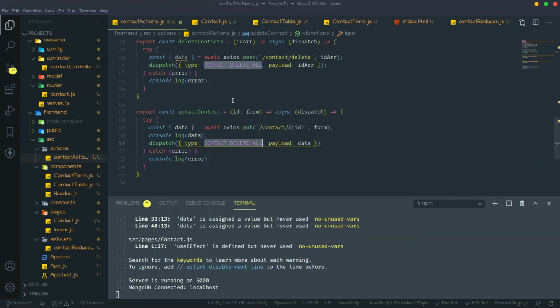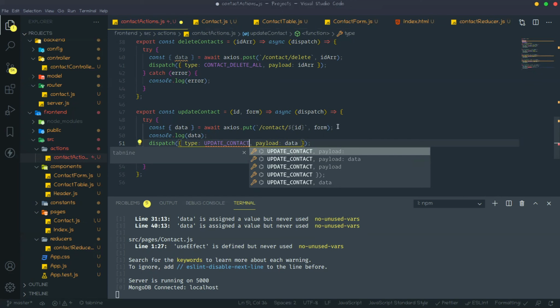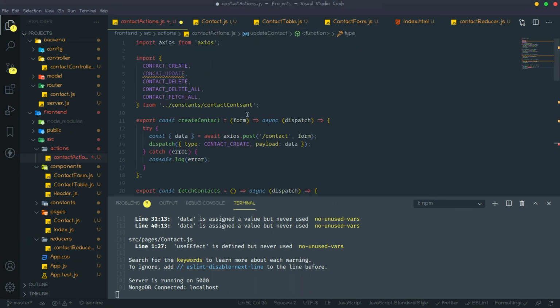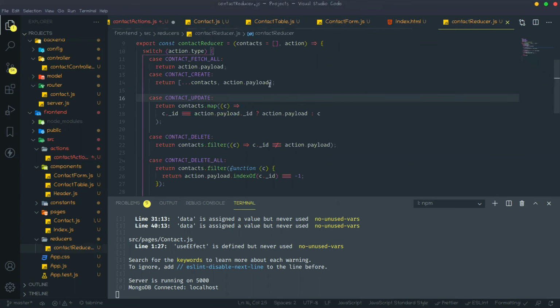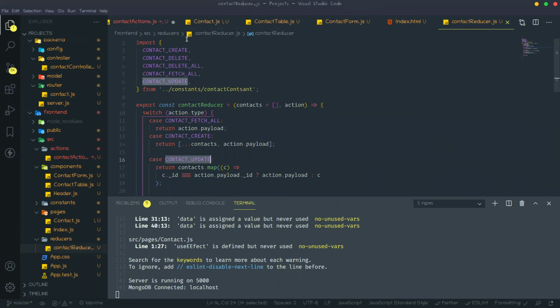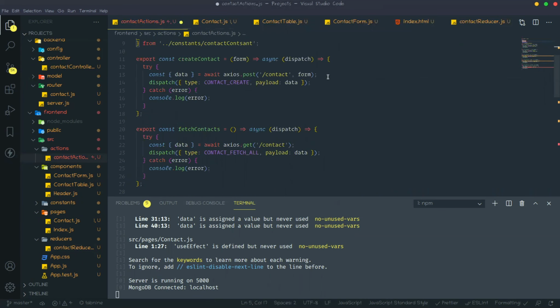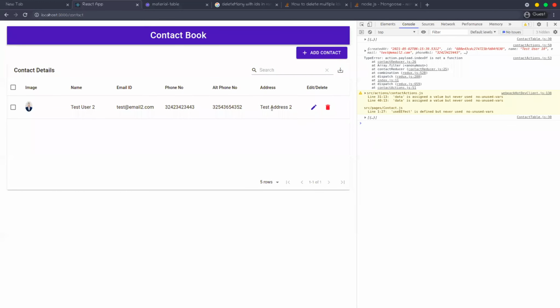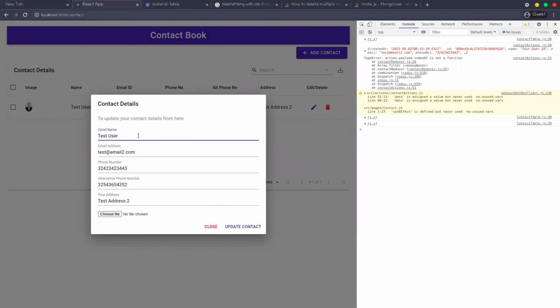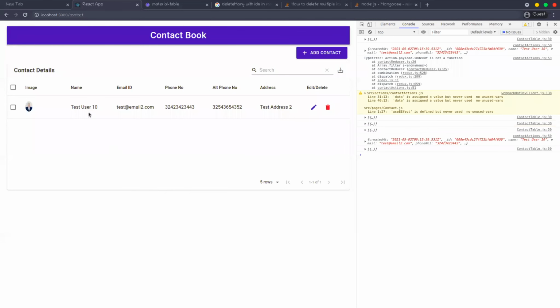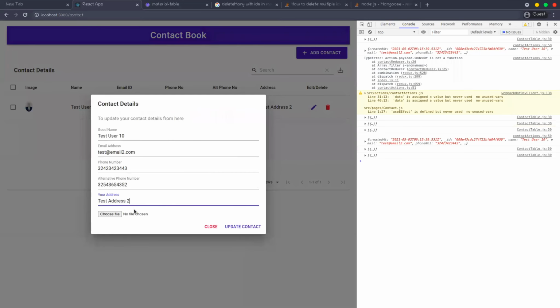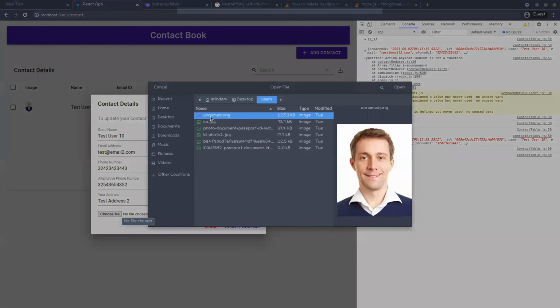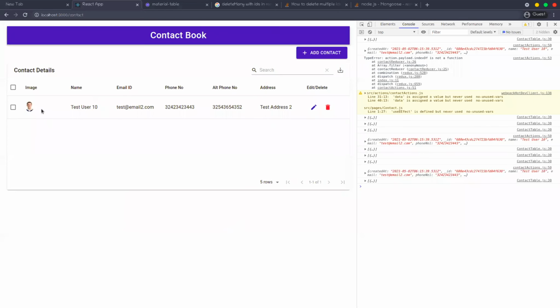Actually, this is update contact. Now I think it should work. So this should be like 10. Yeah, you can see this is updated. If you want to change that image also, that image has also changed.